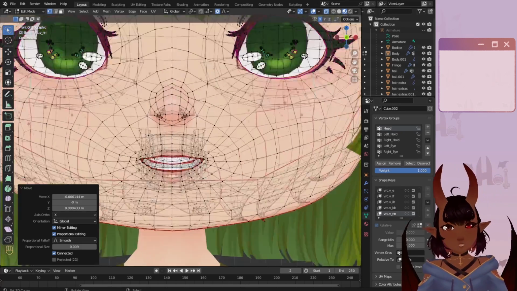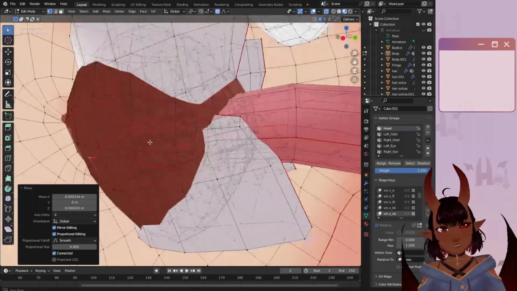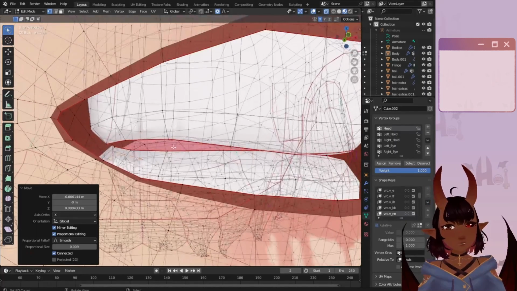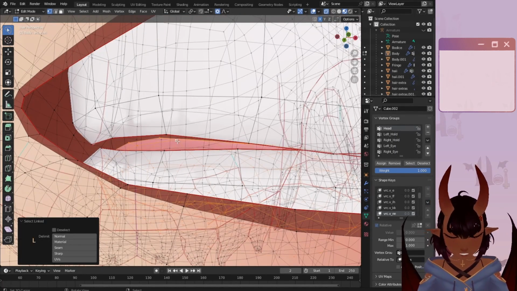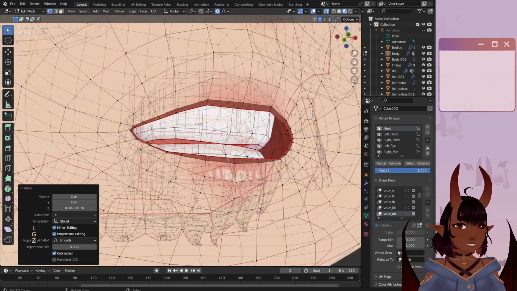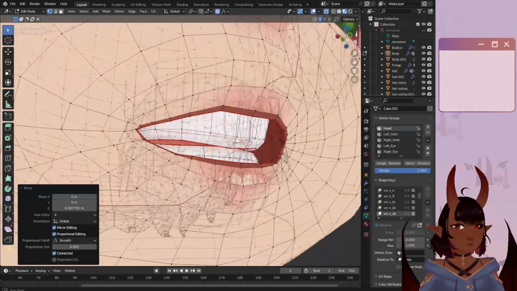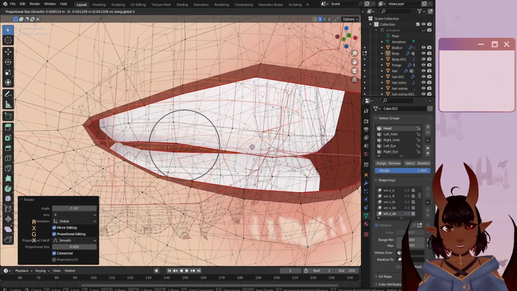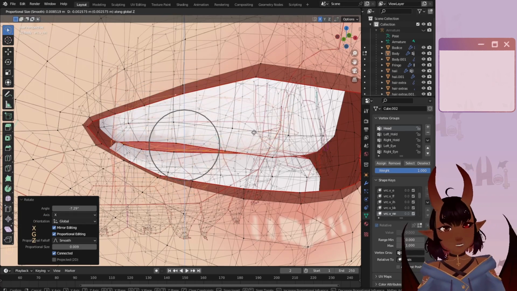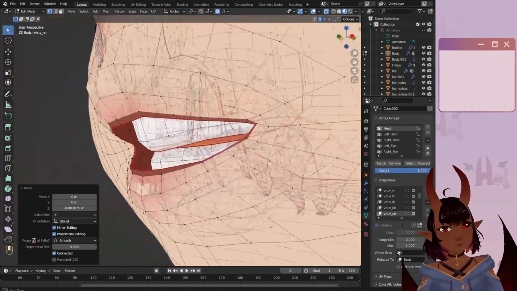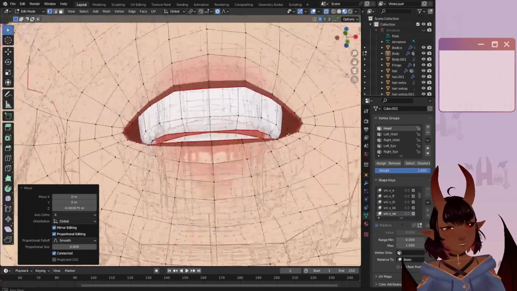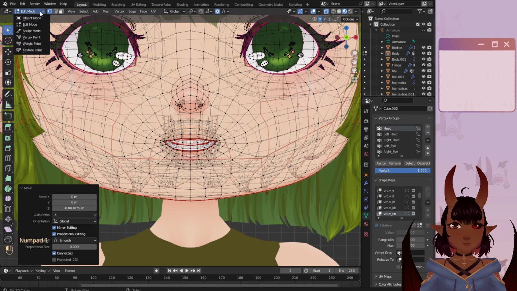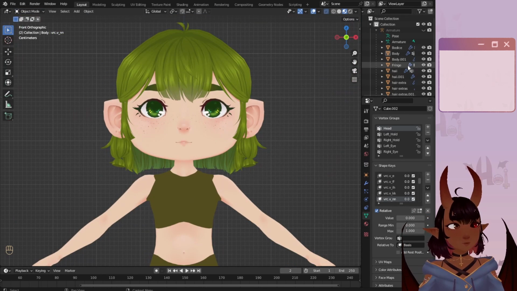I mean, technically the tongue goes further up, but is anyone really going to look this close just to see this? Yes, I'm going to put it in anyway. G Z, and it is technically a bit more like this. But